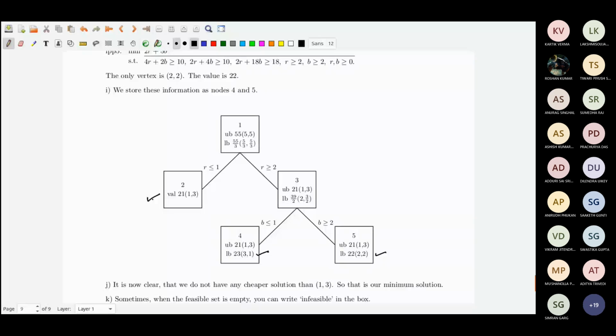Okay, so this is what is called branch and bound. Some people in algorithmic language would say divide and conquer, those kinds of things. Those are some flashy words. You just branch. Branching means you are dividing the feasible set into parts, and you are throwing out a few unnecessary parts.